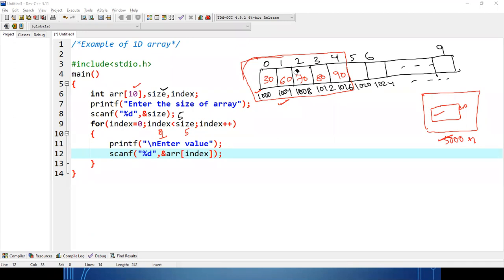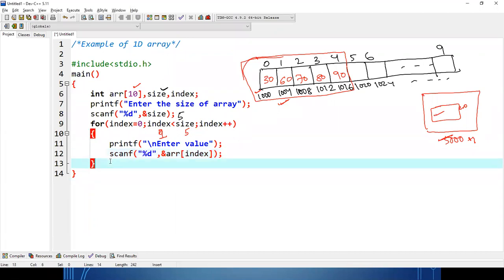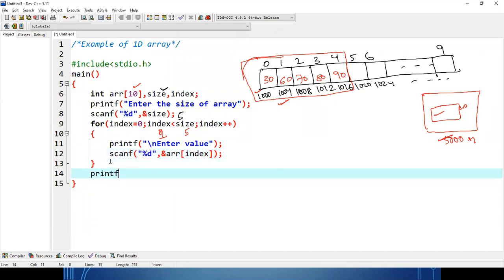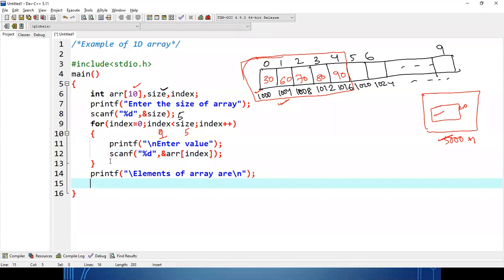Done. After taking input, now it's time to display. So let's display the values. We are giving the printf statement outside the for loop because I need to print this statement only once.